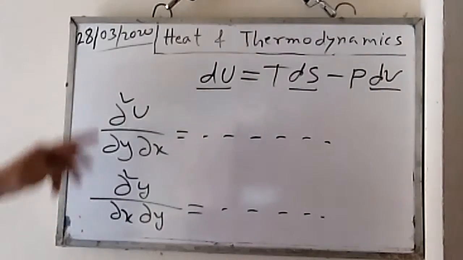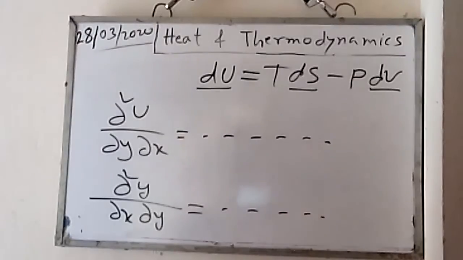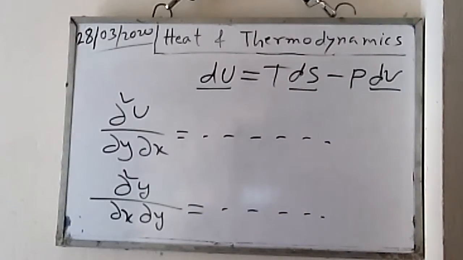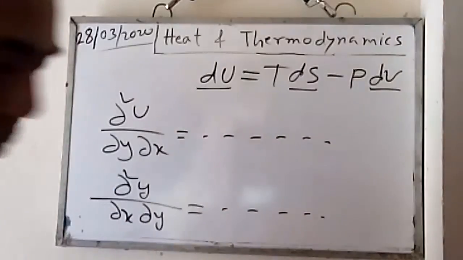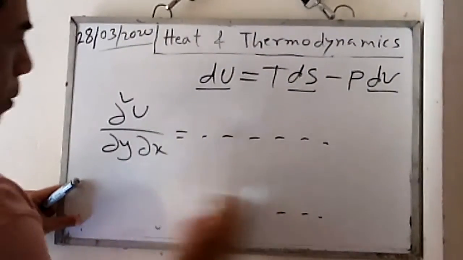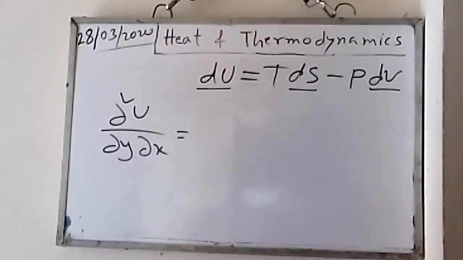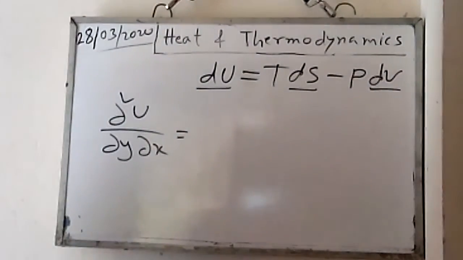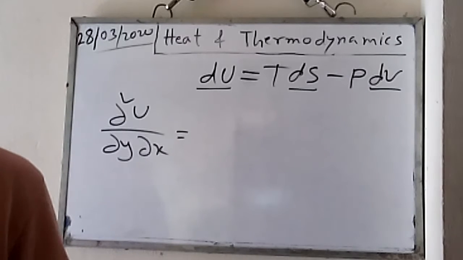Actually, the left hand side of these two equations is the same. Therefore we can write this one equal to this one. That means the previous two equations will be the same, and this equation equals this equation. Simplifying these two equations,